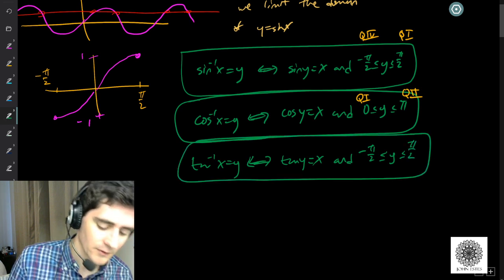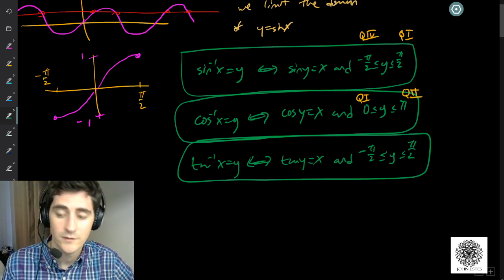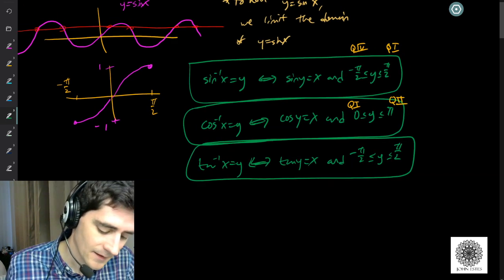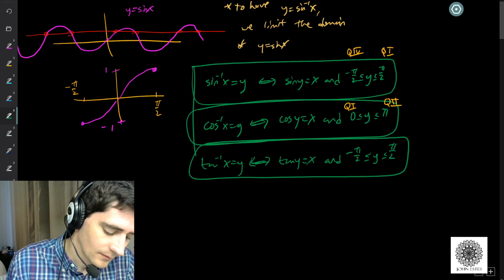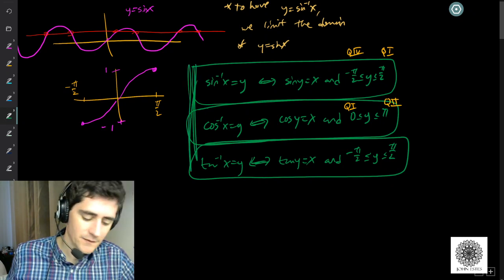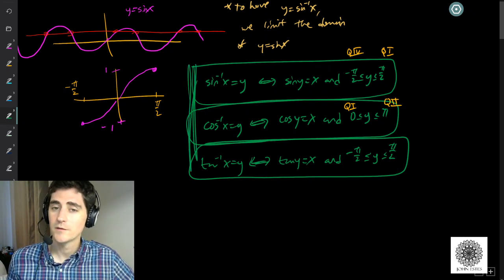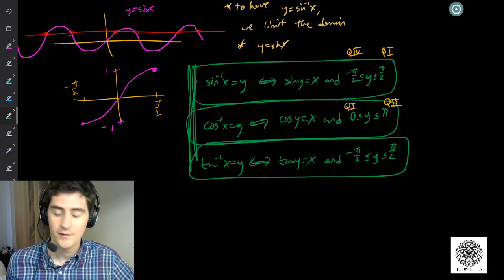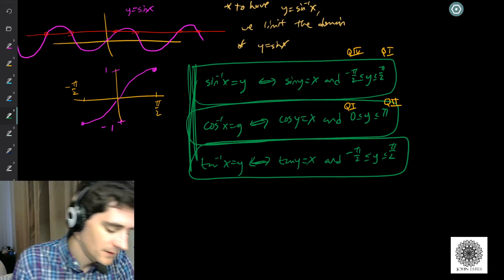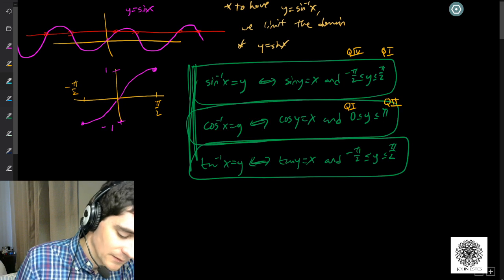Okay, so we're in quadrant 4 and quadrant 1. And then we don't really deal with secant, cosecant, and cotangent inverse very much, but they would follow a very similar pattern. Another thing is if you see something like this,